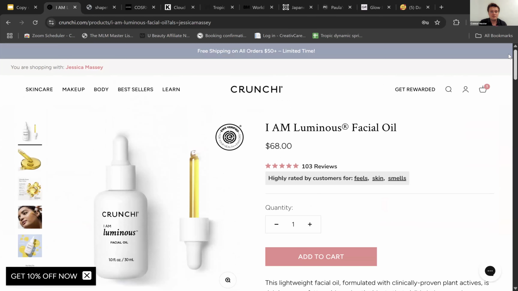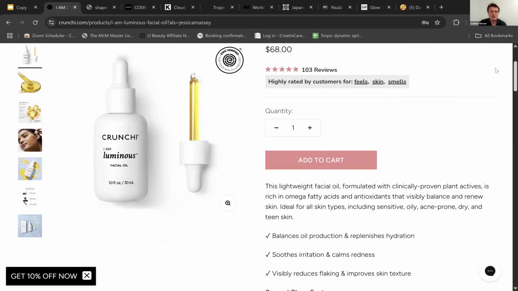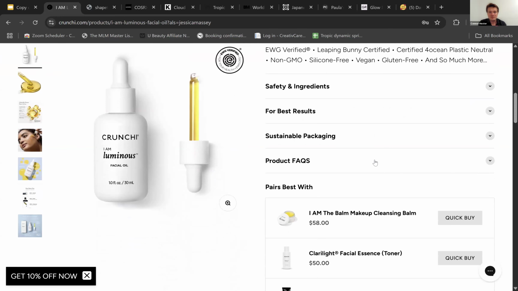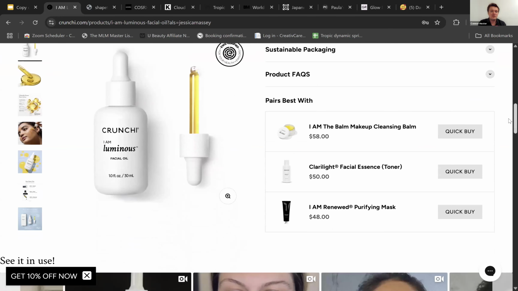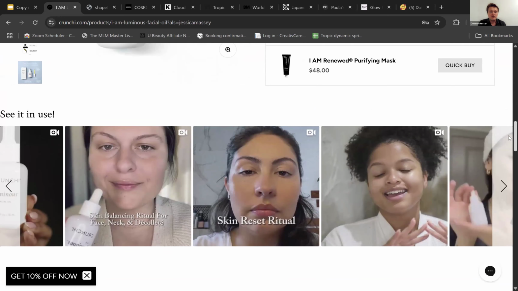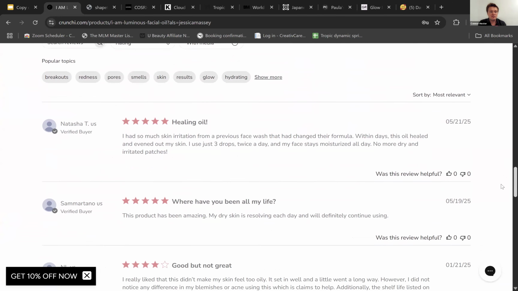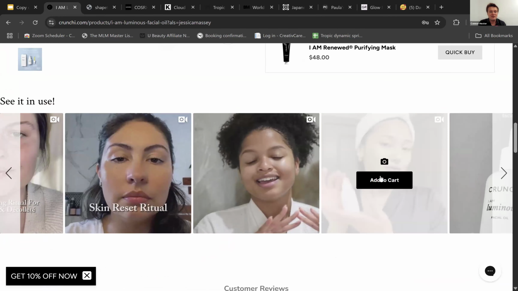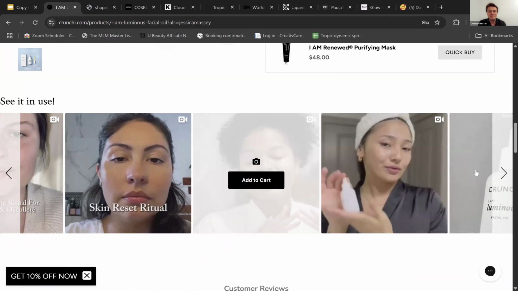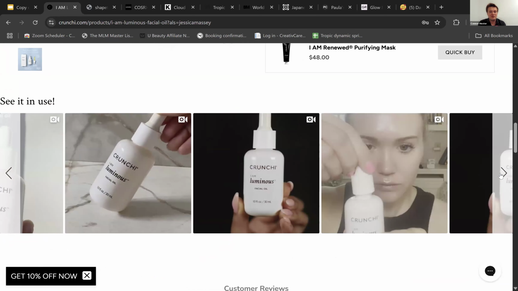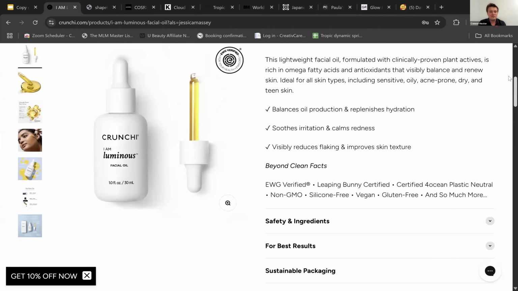What this means is, for example, if you wanted to build a very custom PDP page for the I Am Luminous oil, you can build out additional information like product FAQs, what it pairs best with from an upsell perspective, or even add UGC and social reviews. Crunchy here uses a UGC social review app where they can not only collect reviews, but also real testimonials and real images and videos of their clients and reps using these products, and then post them as a collage on the product page. They're collecting real feedback and testimonials from their clients to populate the product page itself. All this is customizable